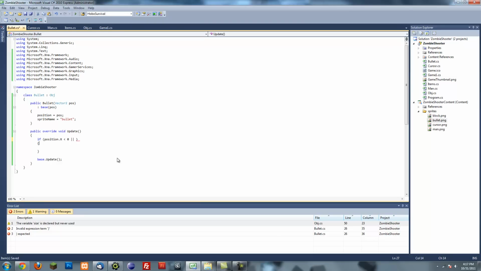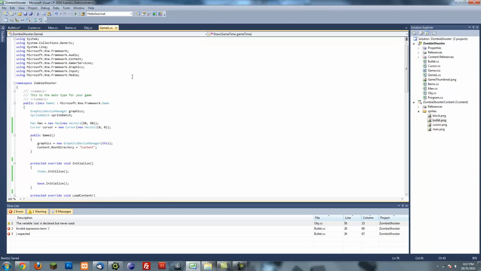If you're off the screen, we're going to kill you, so alive equals false. Or, if your position y is less than 0, or your x position is greater than